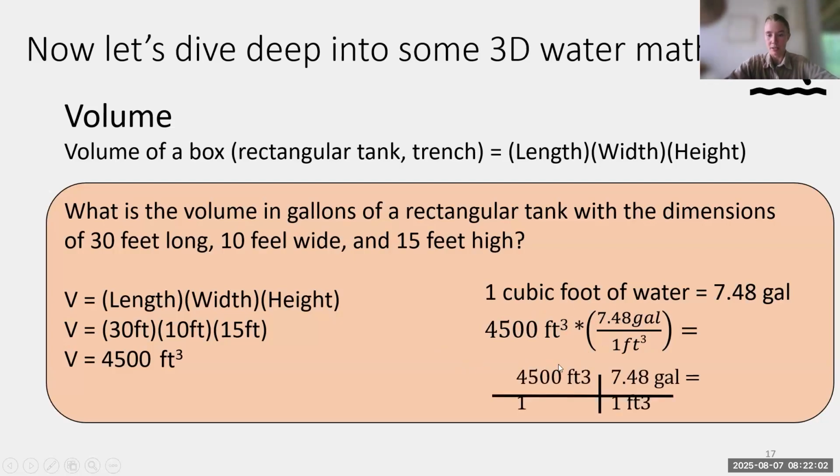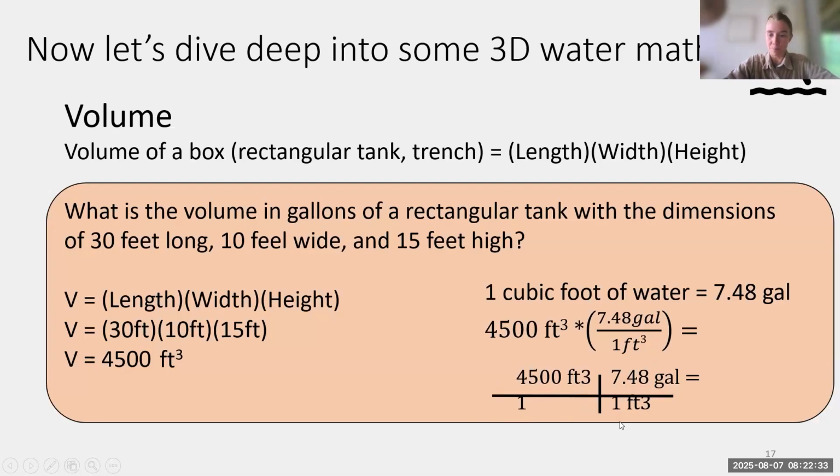In this equation, I like to think about conversions in a grid. This might look familiar from last time. I find this a lot easier to calculate, and it makes more sense to me. So if we put it in a grid, we start with that volume, 4,500 feet cubed over 1, because anything divided by 1 is just itself. And then on our other side of the grid we have 7.48 gallons for 1 cubic foot